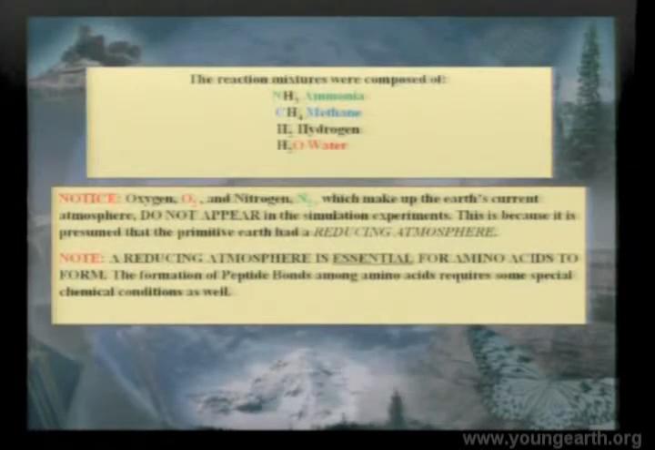Okay? So the reaction contains ammonia, methane, hydrogen, and water. Notice oxygen and nitrogen, which make up the present atmosphere, is not in that mix, because they didn't believe that was the early Earth. Okay? It didn't appear then. So it was presumed that it was a reducing atmosphere, as I said. The reducing atmosphere is essential, important word, for amino acids to form, because an oxidizing atmosphere destroys